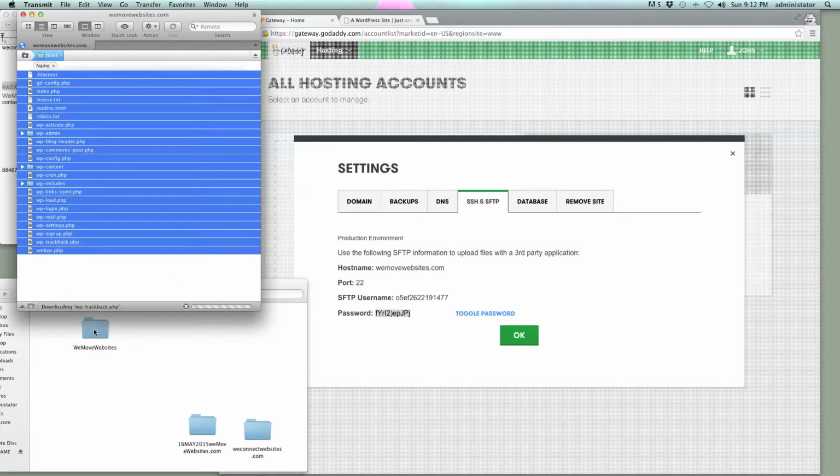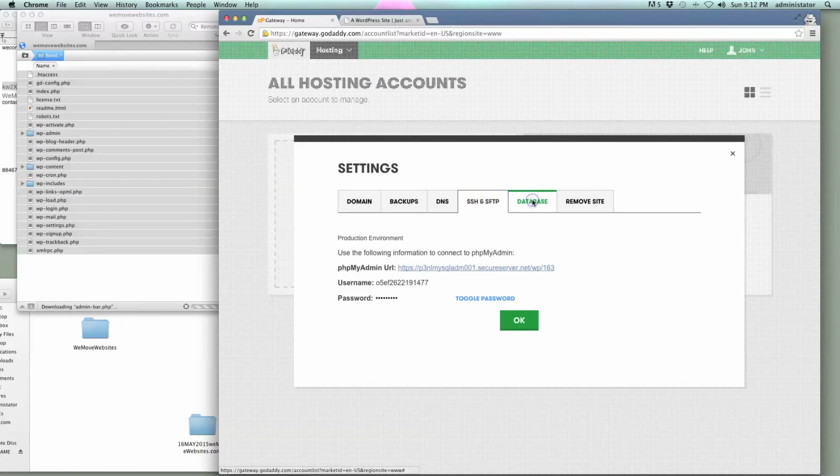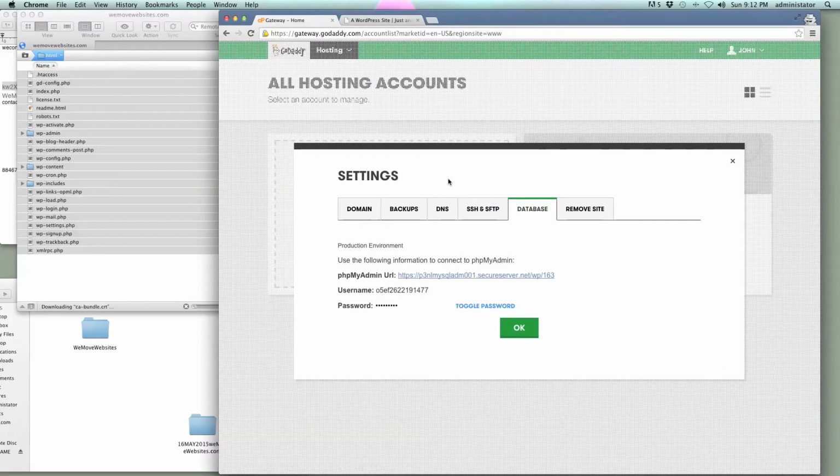And especially going from managed WordPress to regular hosting platform like a cPanel or something like that, it's a good idea just to take all the files with you. So that's downloading now. Usually FTP is the longest part, so we'll get that started, and then we'll switch